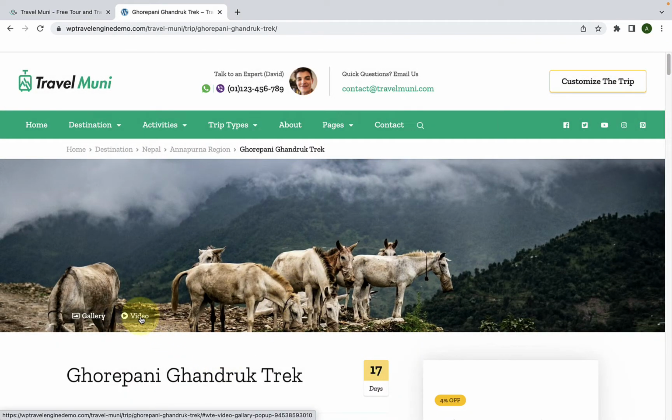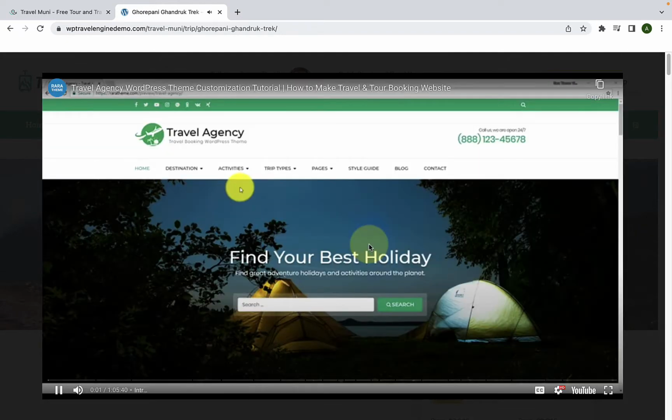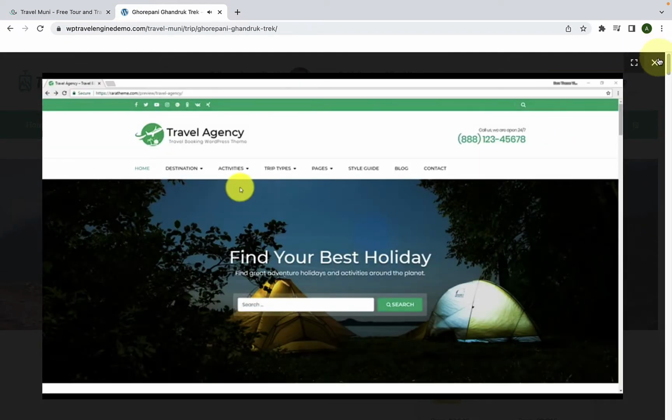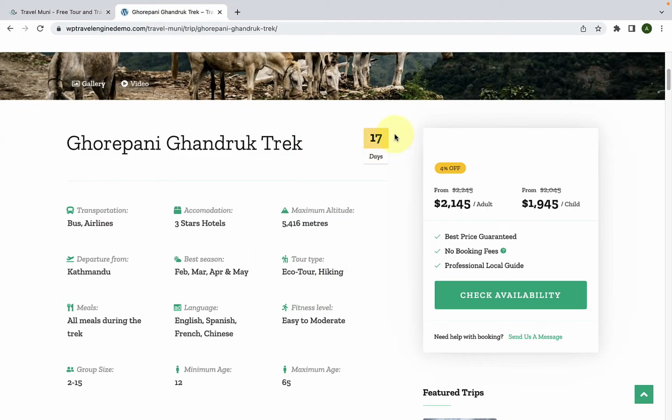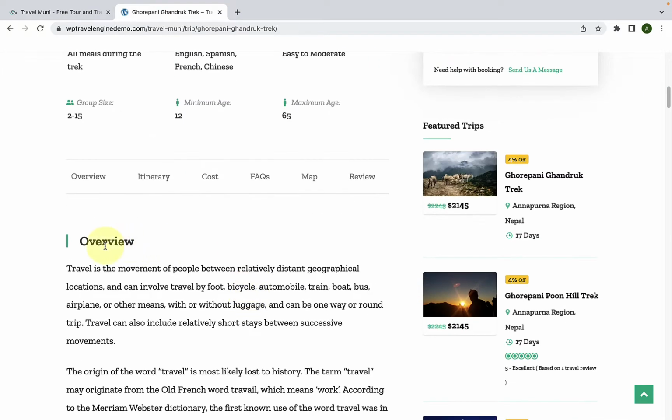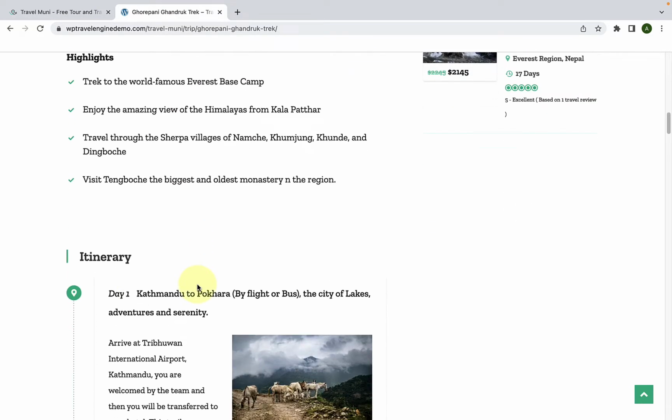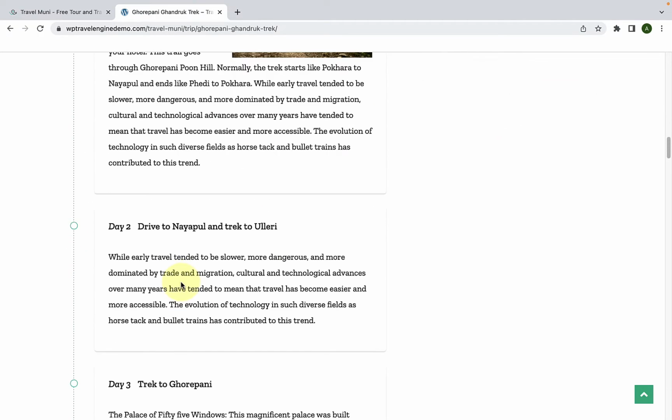You can also add video, trip name, trip duration, trip information, trip prices, trip overview, day-to-day trip itinerary,